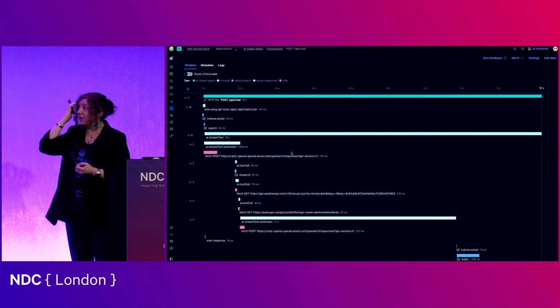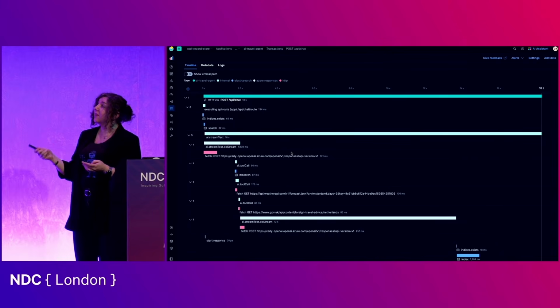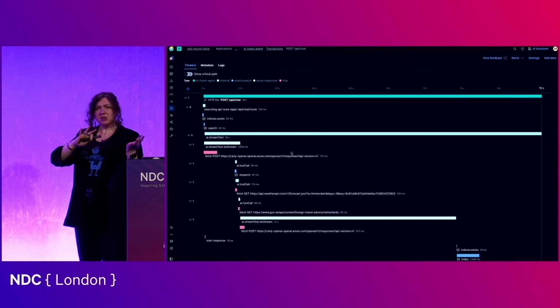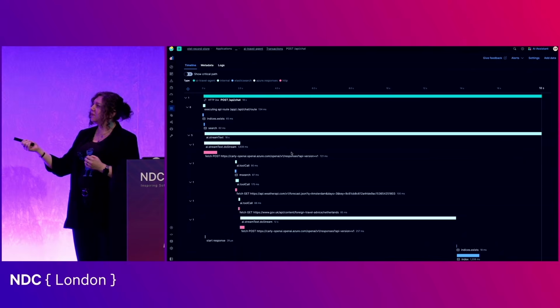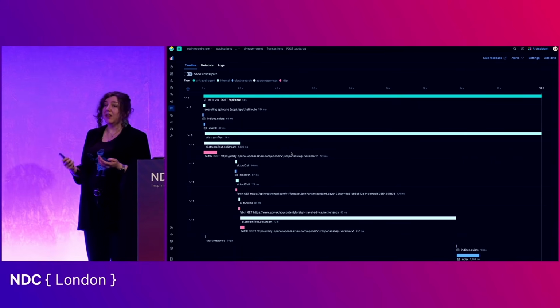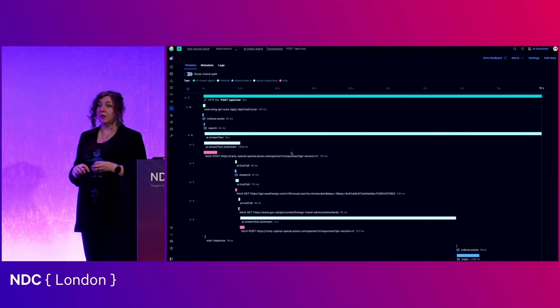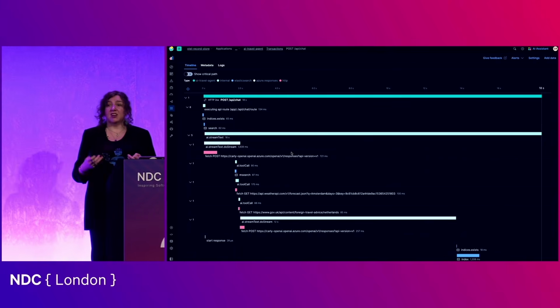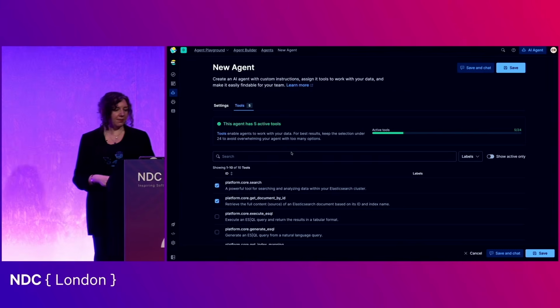So this is an example of a trace I've taken for this agent using OpenLit, of which there was a session yesterday, if anyone was curious. And what you can see within here is I can see the traces for the start text run, and I can see in here every single tool call, what order they're being called in, how long they're taking, and indeed what dependent systems they're invoking as well. And this is going to prove to be really important in actually trying to diagnose potential issues in production and also identify changes in behavior. Is it suddenly changing the number of tools it's invoking, or is it changing the order? Because that can obviously impact the final results as well.